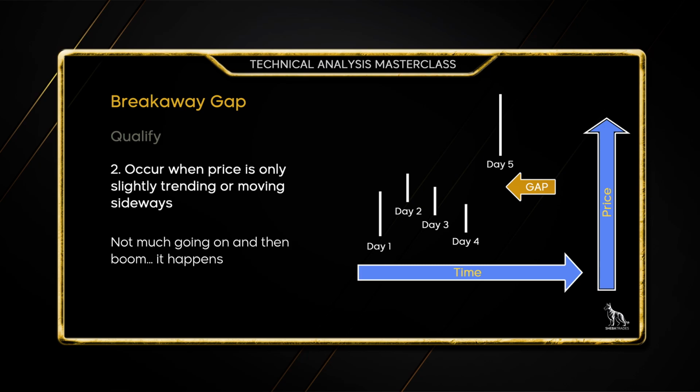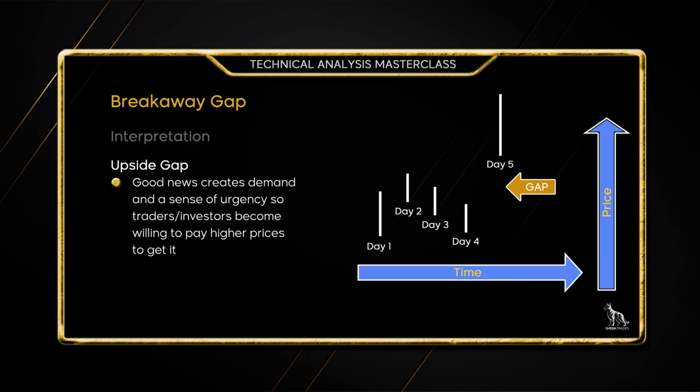So when you're looking at the interpretation of these, let's look at this one here. This is an example of an upside gap, as we know. So something happened, some good news creates demand, and people want that stock badly or the security badly, and they're willing to pay higher prices to get it. Volume is typically noticeably higher than usual if we were to put volume along the bottom of this chart, and we will look at some other charts later and you'll see that. But if we had volume here, you'd usually see a spike or dramatic increase in volume because people see there's some good news overnight and they really want to get involved.